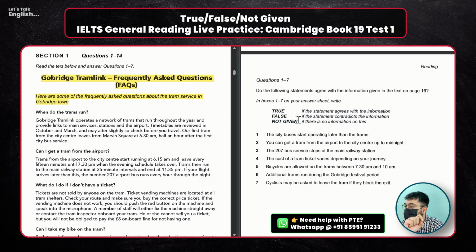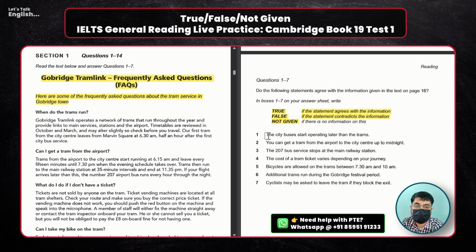question, not a yes no not given question. Is it important or does it create any significant difference? Yes, because if you are doing true false not given, by design these question types force you to find out facts and figures. These are objective. Whereas yes no not given is based on writer's opinion, so you should not be confused about what you need to find.